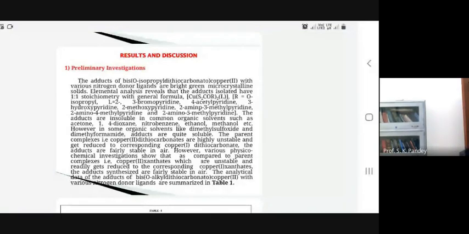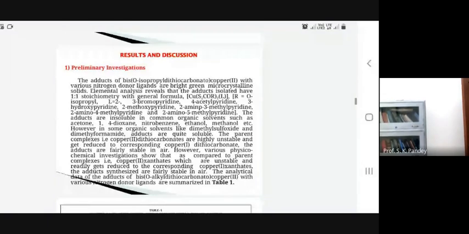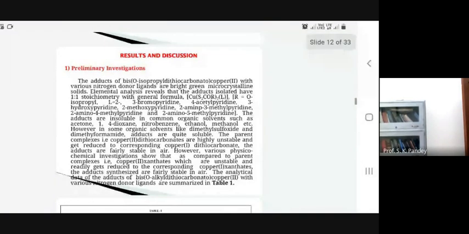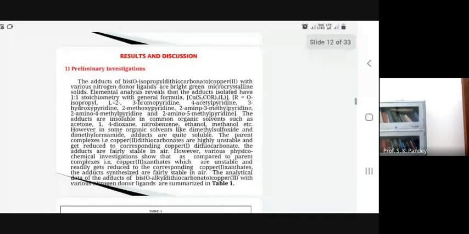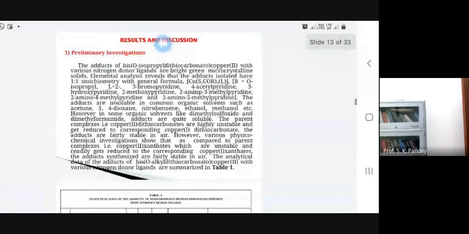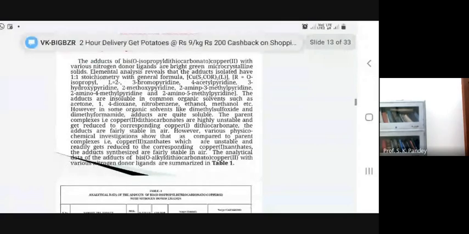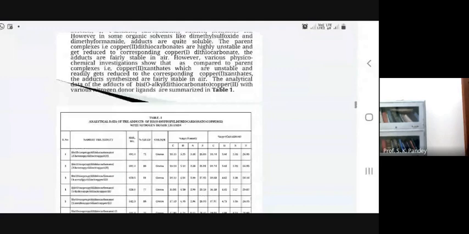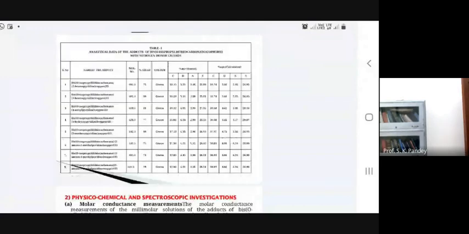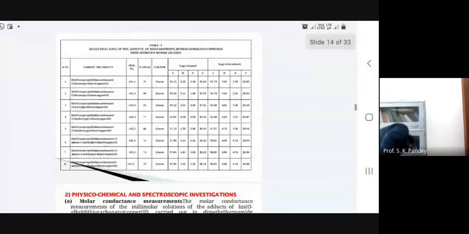It has been observed that the parent compounds are less soluble and they get reduced to the corresponding copper 1 dithiocarbonate. But once the adducts are formed, they are highly stable, and the analytical data of the adducts shows that the complexes are quite stable and their yield is also quite good. And all these adducts, which are prepared by using the nitrogen donors,